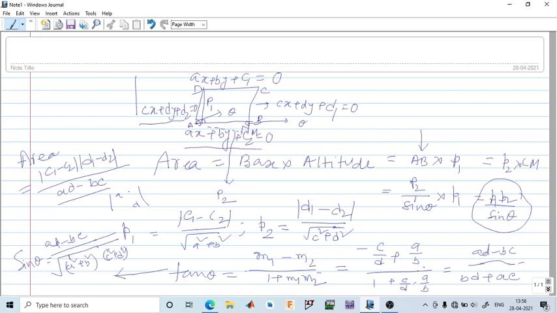This ad minus bc is also written in determinant form sometimes like this: ad and bc, also written in determinant form you can write. So the area is